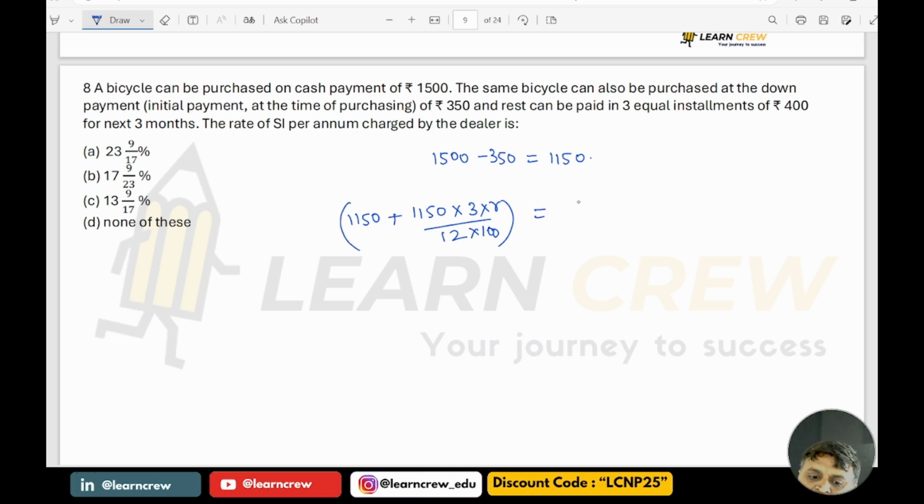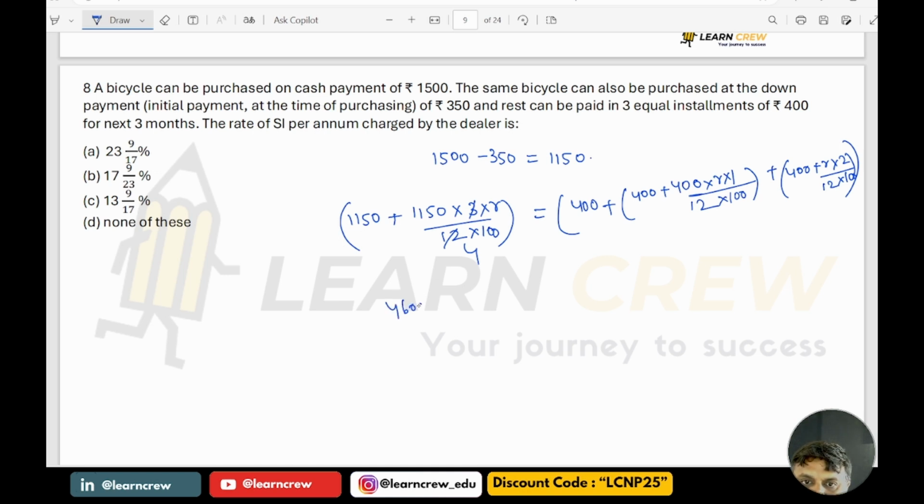And how is he paying? In the form of installments. Every month 400. First installment, there is no interest. Second, on 400, again for that month, the interest will be charged. The interest would be R into 1 by 12 into 100. And similarly, next one more installment. How much is it? 400 plus R into 2 by 12 into 100. So like this, how much are you going to get? 3 4s are, so 400 into 1150 is 46,000 plus